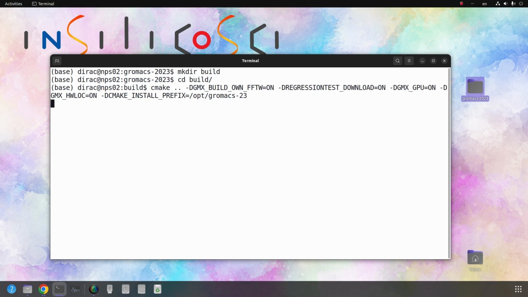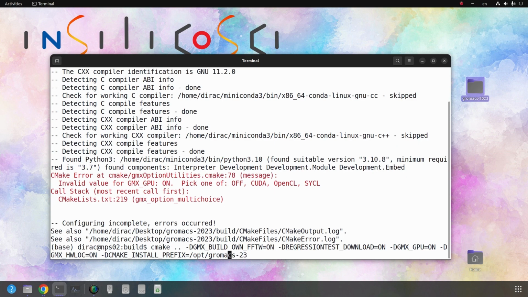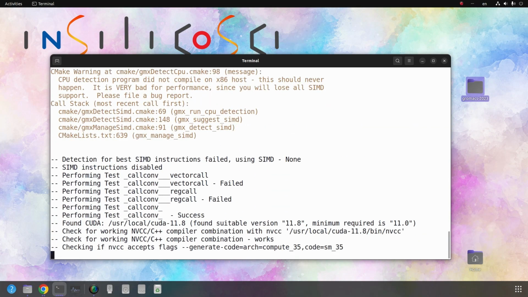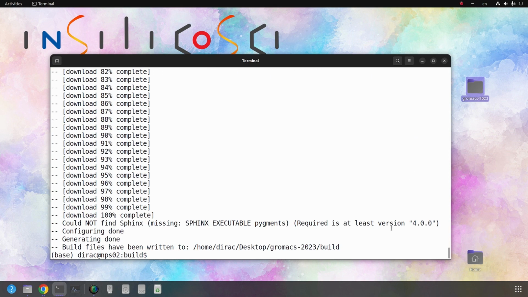Okay, I press enter and it says -DGMX_GPU must be CUDA. Apparently they changed some options, and enter. Okay, it's done and I get no error.